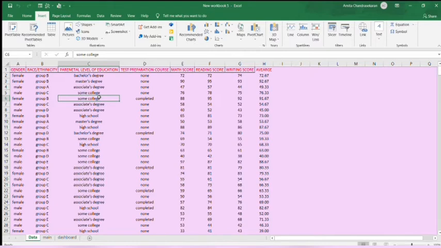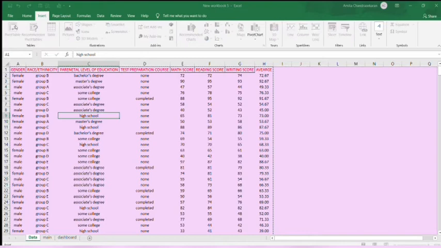Make sure the data you create a pivot table for does not have any blank column or any blank record. See here, in the whole data set there are no blank columns or blank records. Just select the data which you want, go to the Insert tab and click on Pivot Table.